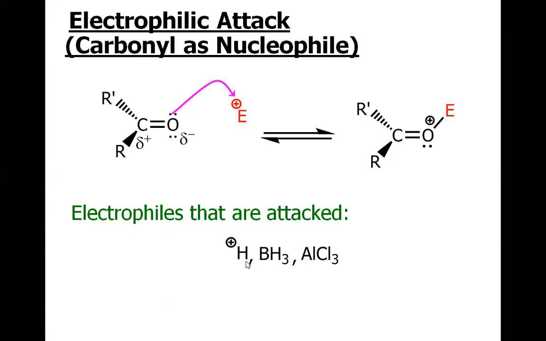Proton, which is the most famous and the most common electrophile for the carbonyl compound. We will also discuss their reactions further. And borane, which is a very good electrophile because of the empty orbital of the boron. So we have the complex of the carbonyl oxygen and the boron if the borane comes in the vicinity of the carbonyl, and we also have the complex of aluminum chloride with the carbonyl if we treat it with aluminum chloride, because aluminum also has an empty orbital.